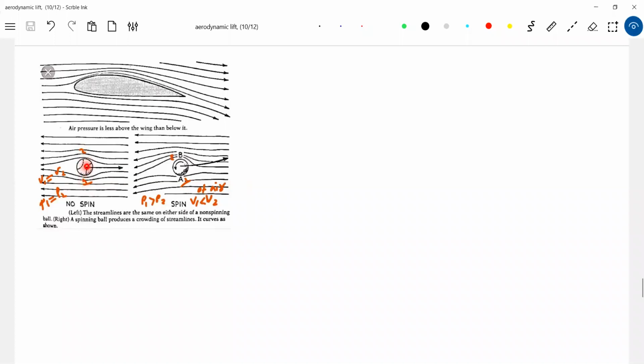So why not Magnus force here? Are you getting it? You can ask questions. Let's talk about this particular volume of air. It was having some pressure P naught and kinetic energy K naught. By the time it arrives here, this surface of the ball will retard it, so the kinetic energy will decrease and the pressure energy should increase. Similarly, the upper surface also will retard the air by the same amount. Here also kinetic energy decreases, pressure increases. But the net force will be zero. So there won't be a Magnus effect.